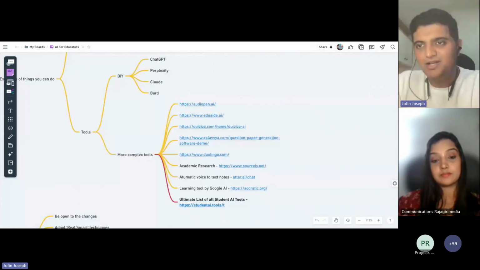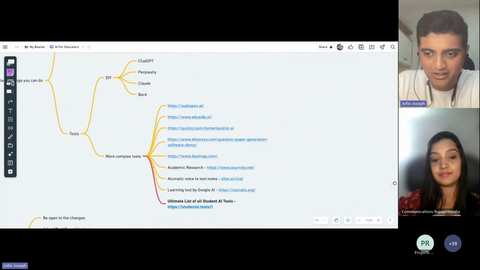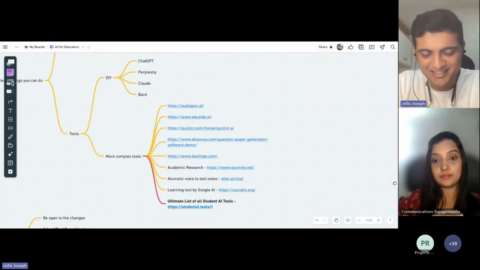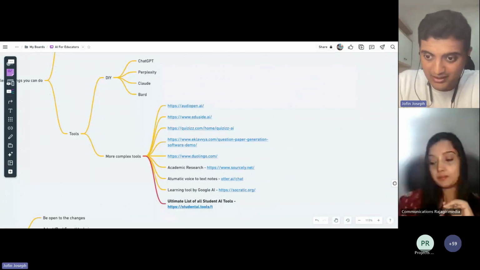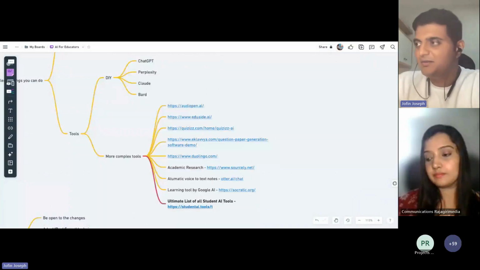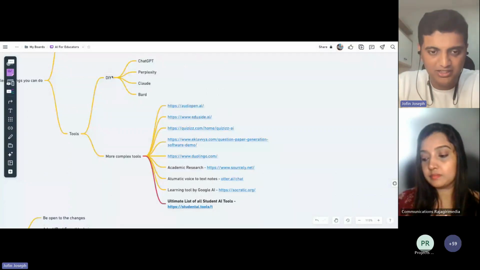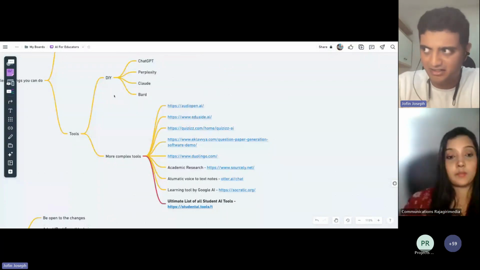Now, in the last 5 minutes, let me talk about some tools here as well, because this is probably going to be the most important thing that you can actually take home. ChatGPT, obviously, right? And I would argue that potentially ChatGPT is probably the only thing that you would need. But there are certain DIY, do-it-yourself tools, which are very generic AI systems, which you can use for practically anything, right?